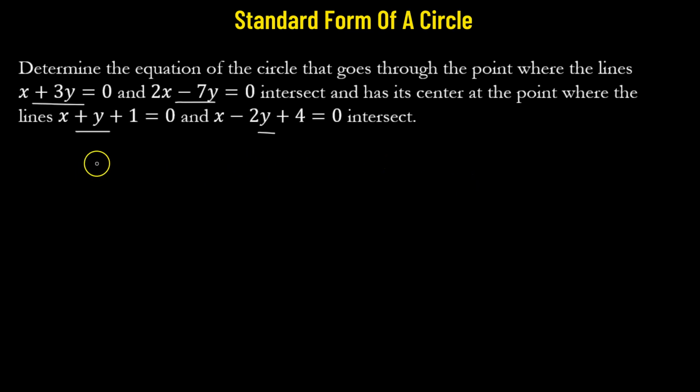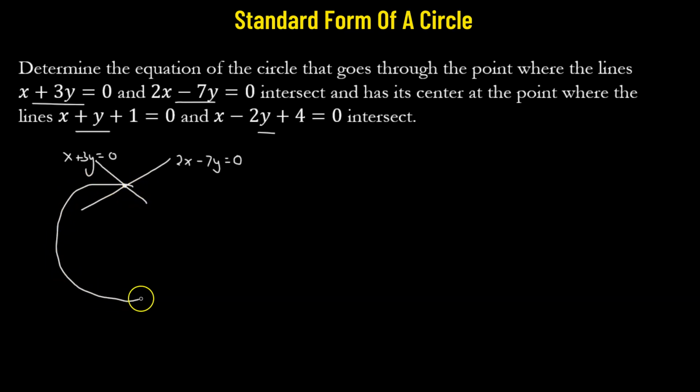Let's say we have to determine a circle in such a way such that we have two lines. One of the lines has the equation x plus 3y equals 0, and we have another line intersecting it. That line is given by 2x minus 7y equals 0. Now through the intersection point, a circle is going to pass. So we have the circle passing through the intersection of these two lines, and it's also given here that the